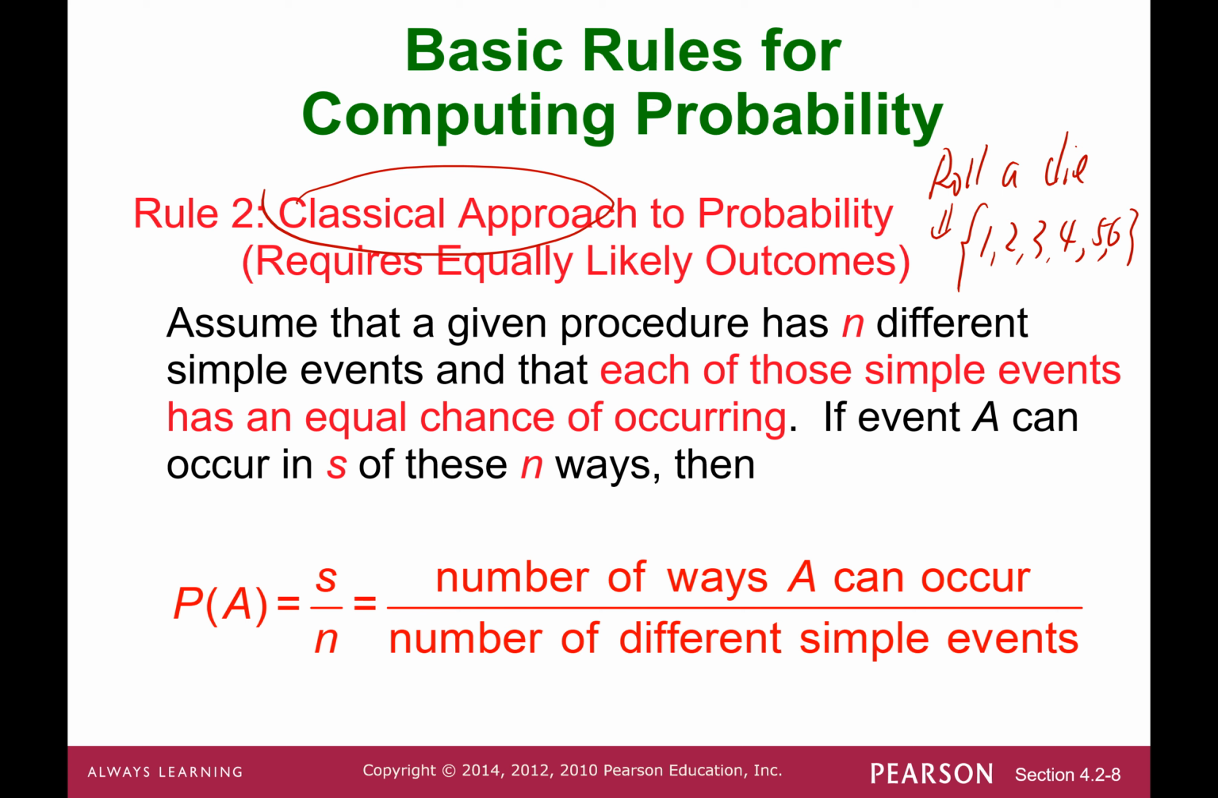Assuming that a given procedure has n different simple events, and each of these simple events has an equal chance of occurring. If event A could occur in S of these n ways, then the probability of A equals S over n, the number of ways A occurs over the number of different simple events. So for example, if you roll the die, you get 6 possible outcomes. And if you want to find the probability of getting an even number,